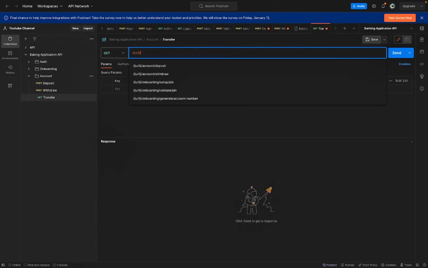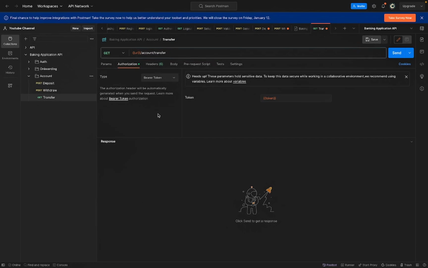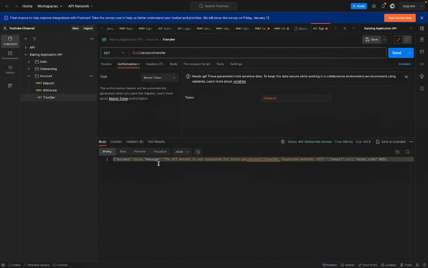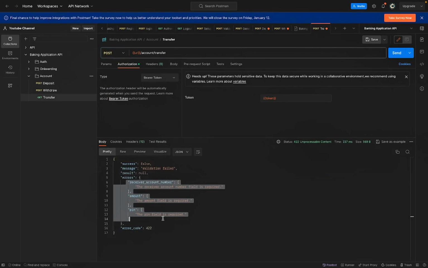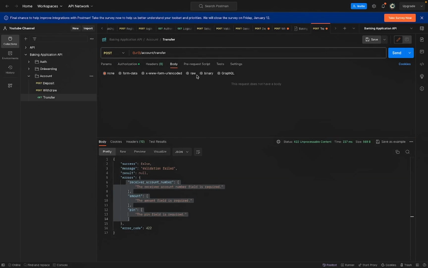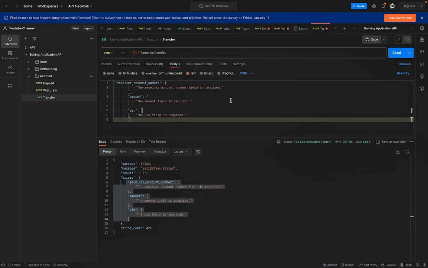So our base URL, then account transfer. Then we supply the bearer token. We hit the endpoint. We get a validation error. Okay, there should be a POST request, of course. We get a validation error. I'm just going to copy this into the body. So replace with